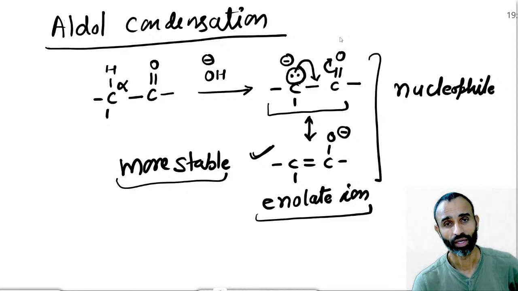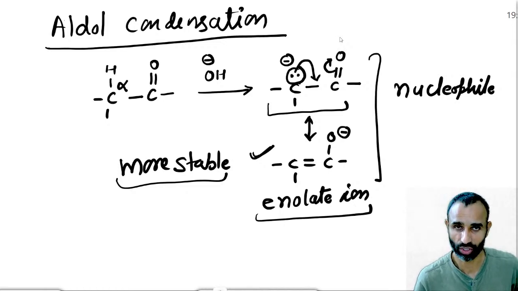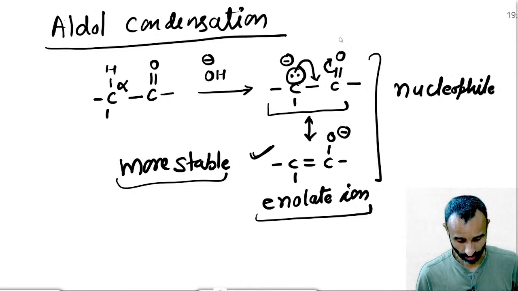Alpha hydrogen is removed easily because of this CO, because it stabilizes it. It is resonance stabilized because of the CO. So enolate ion is a nucleophile, and this enolate ion